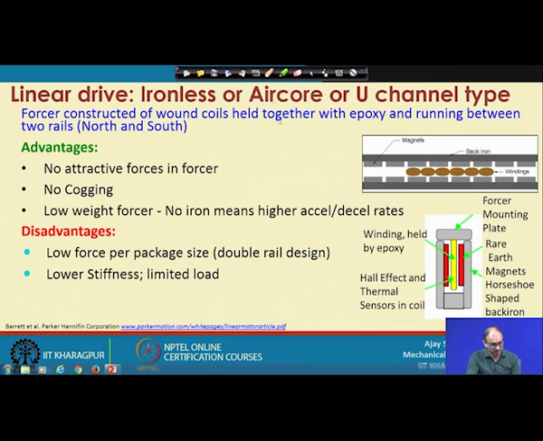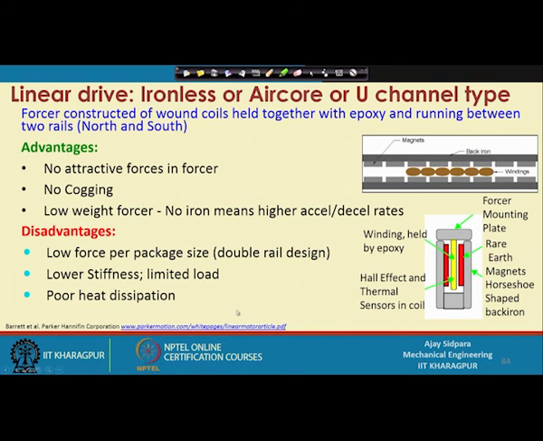Low stiffness and limited load here, because that whole thing is mounted on the top of this part. This is the forcer and you are putting everything here, and we know that everything is actually epoxy, and the other way we are putting it with the epoxy. So, this is not as stiff compared to the metallic joint. If you are putting more weight on the top of that, you have to compromise the stiffness of that. So, the load whatever you are putting has a limitation because of the stiffness of this particular motor. So, you cannot use a very heavy object on the top of that.